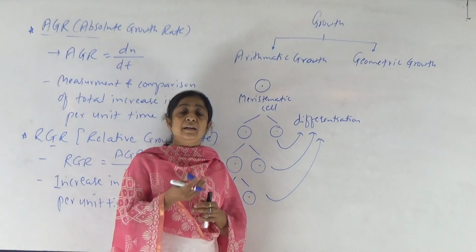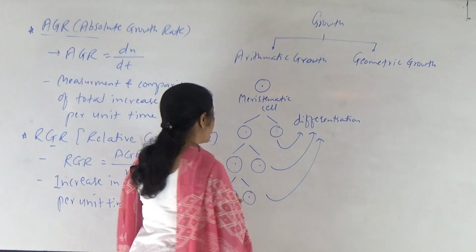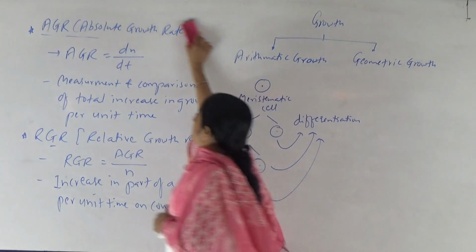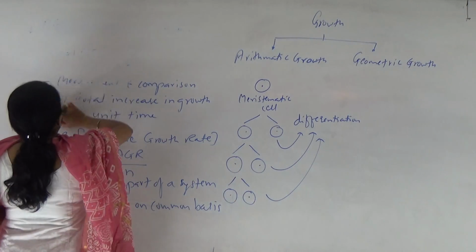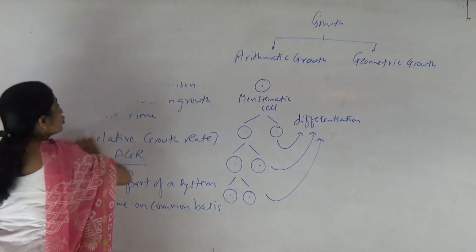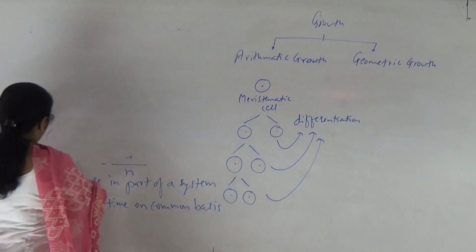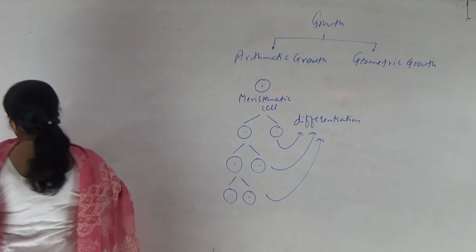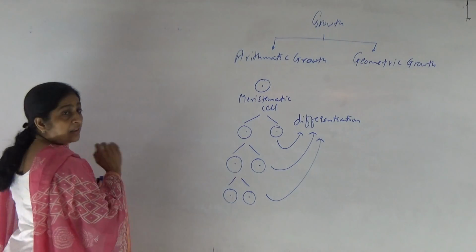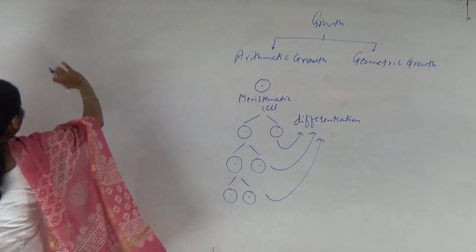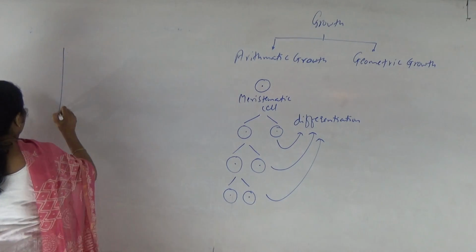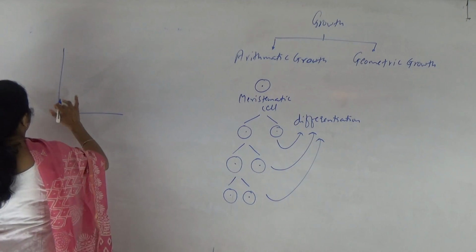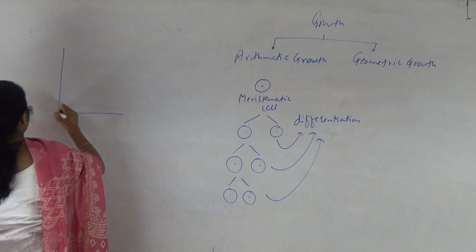So here when we try to draw the graph of this growth, that is rate of growth or increase in the height, length, etc., against the time, then we'll get a linear growth curve in arithmetic growth. Is this possible in living organisms? Yes. Generally in plants, the root shows such arithmetic growth. Or in the laboratory, under ideal conditions, a bacterial cell culture may show such an arithmetic growth curve, right? So when we draw the growth curve for arithmetic growth, we'll get a linear growth curve.